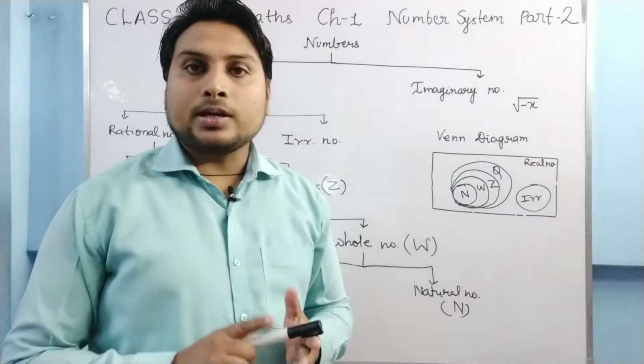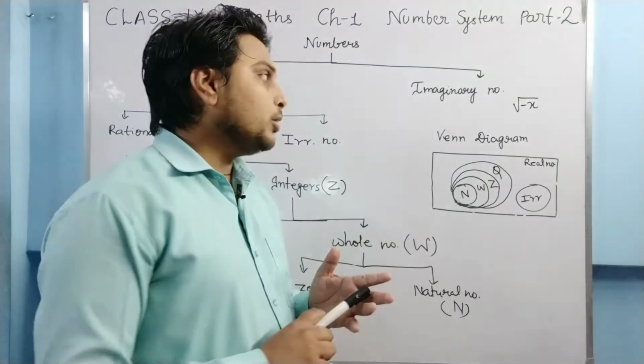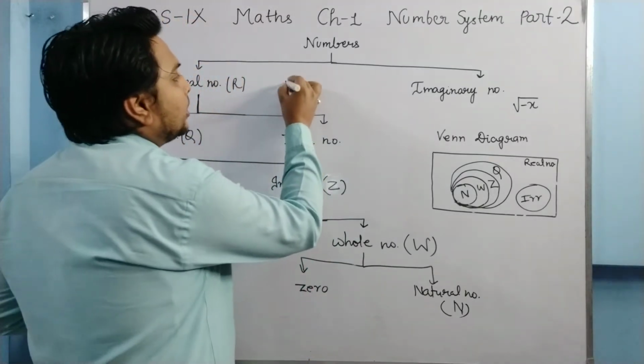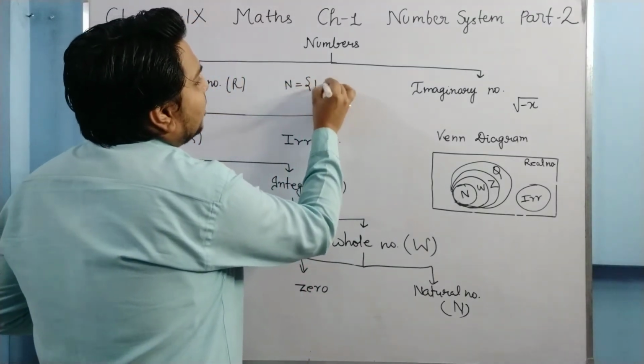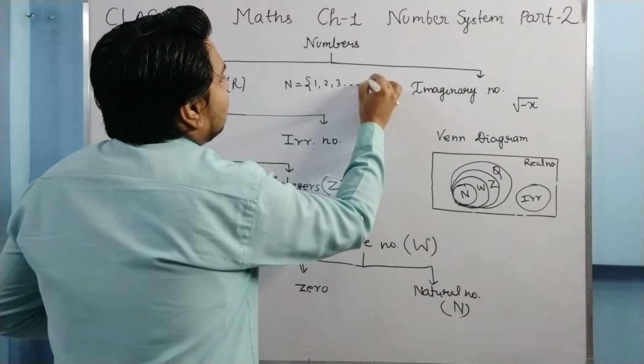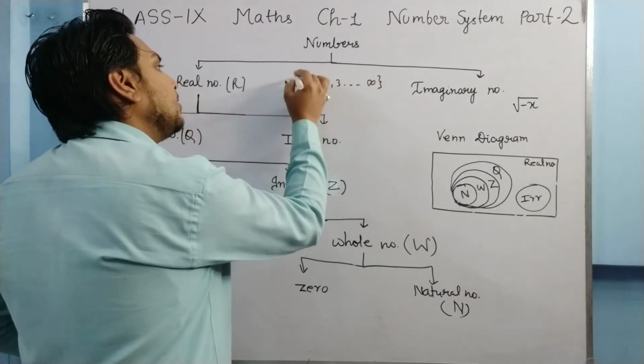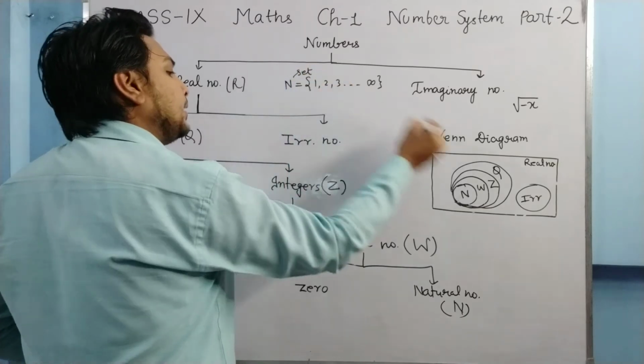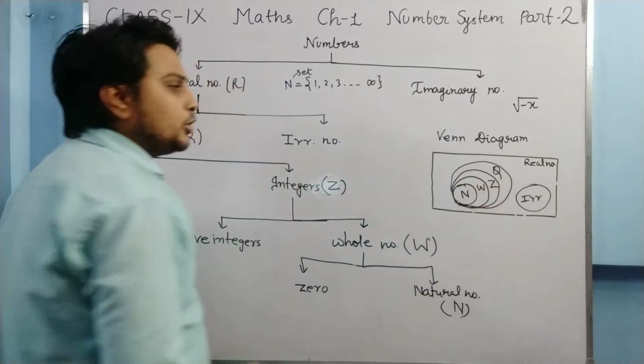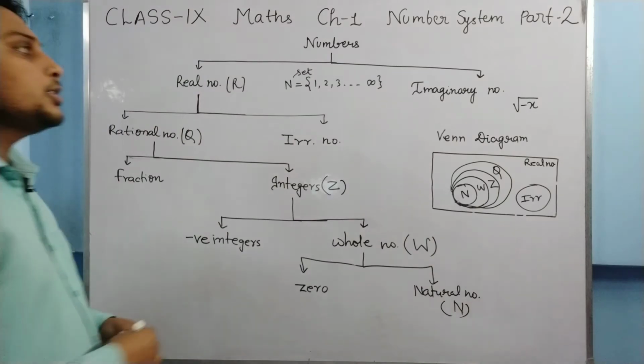And what is there in the set? I have told you in the last class that in the natural number set, the numbers are 1, 2, 3 and so on till infinity. So basically it is a collection, and a collection is known as a set. Each circle in the diagram is showing a collection, meaning each set.